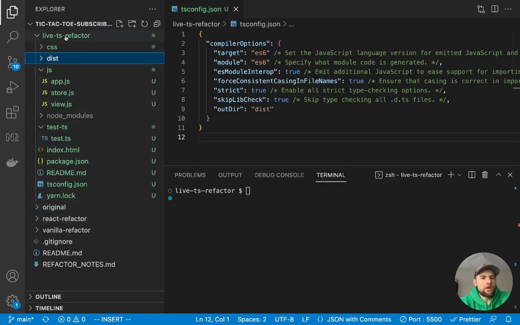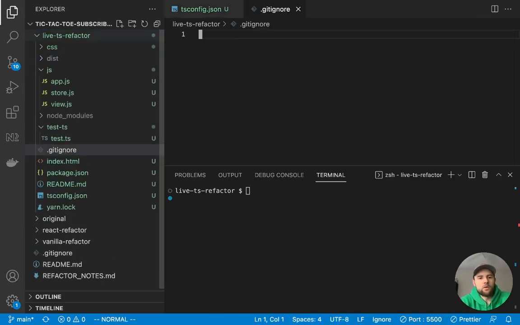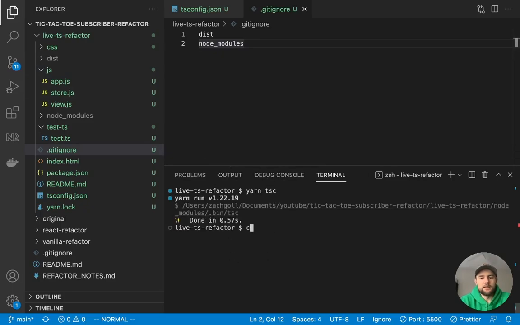One thing that you would want to do here before we get too far is add a gitignore if you're working with Git, and put the dist directory as well as node_modules because we've added both of those. Neither of those need to be uploaded to source control because node_modules obviously can be installed by yarn, and then the dist directory is the build itself, which is going to be created with yarn tsc.